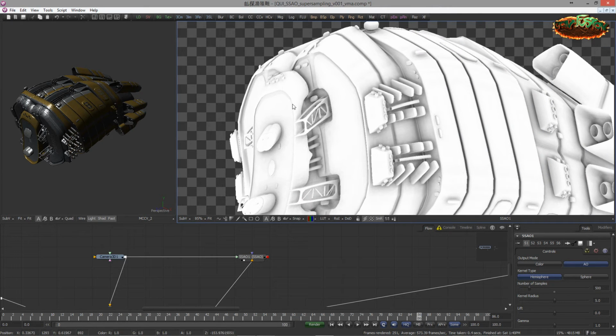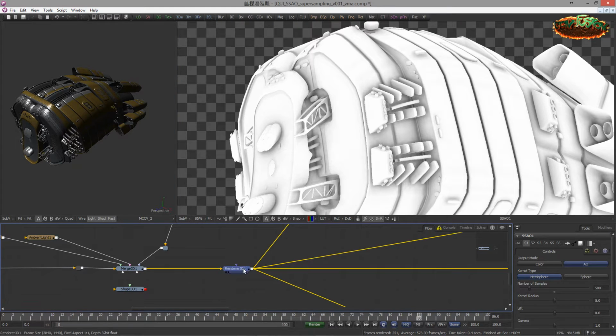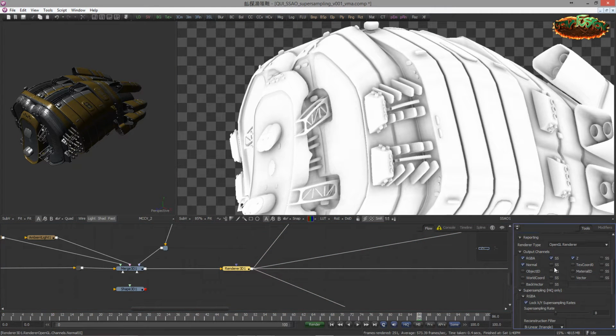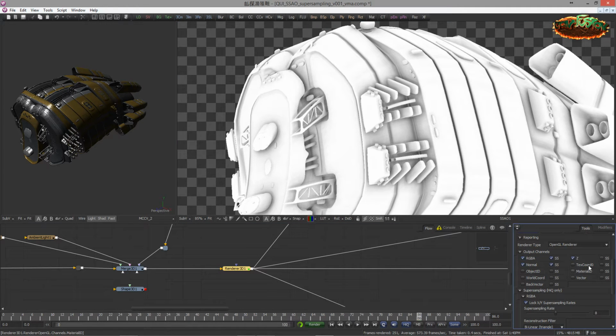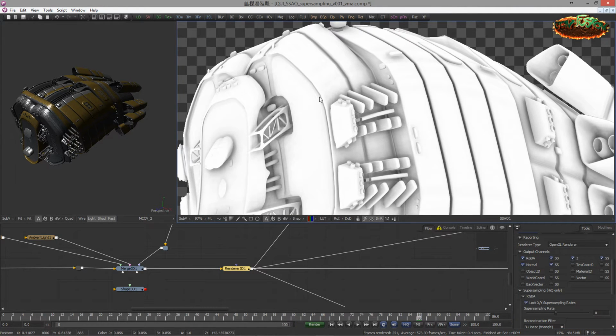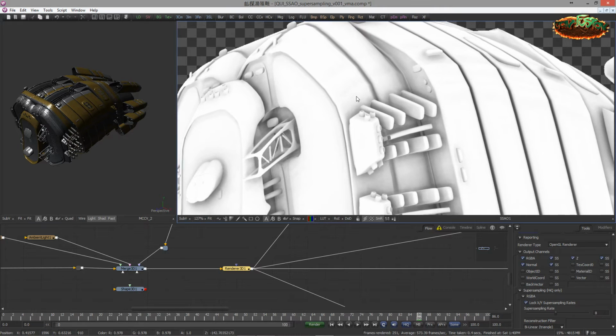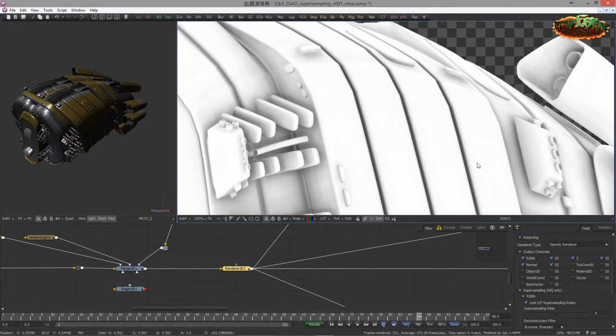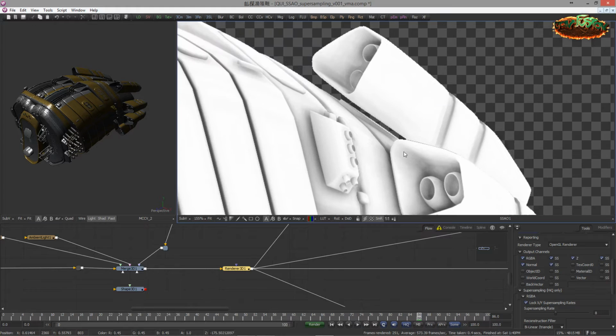Now, the first thought would be, oh, maybe we should turn on the supersampling of the normal and the Z-pass. Now, let's go ahead and do that. Now, it seems that it became better. Inside the ambient occlusion, everything looks fine, except